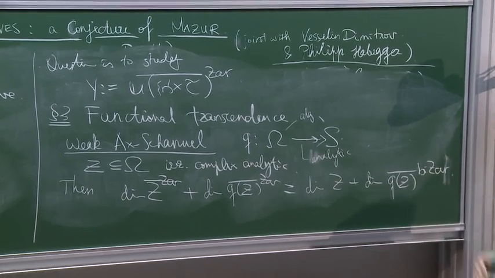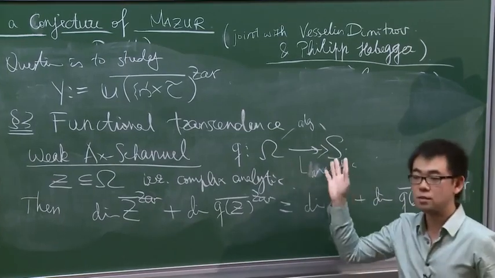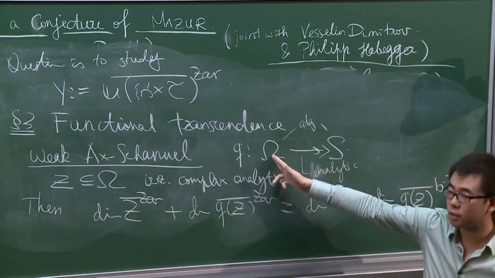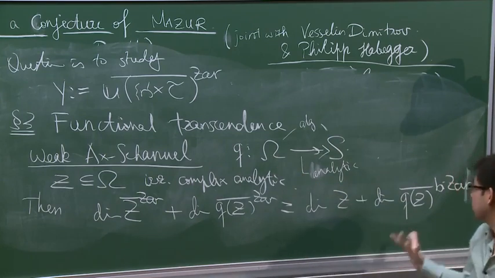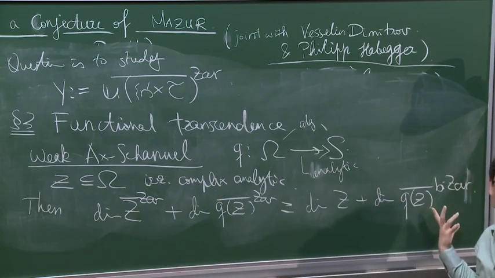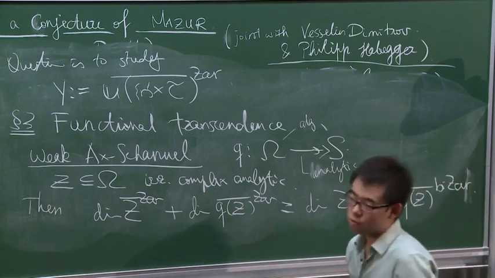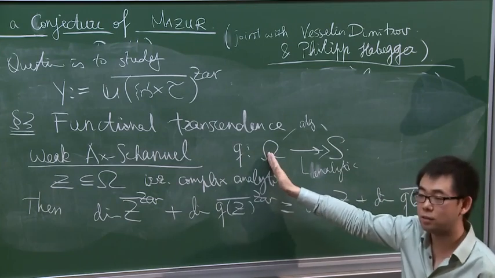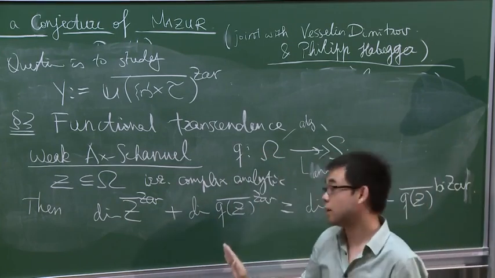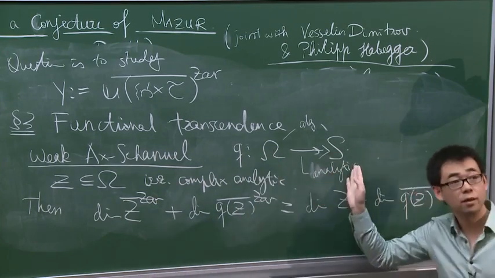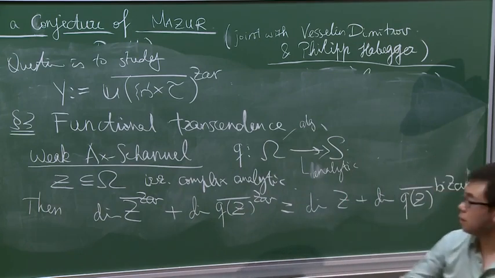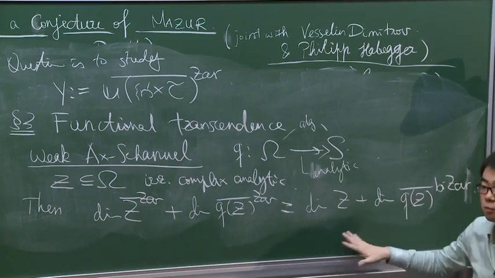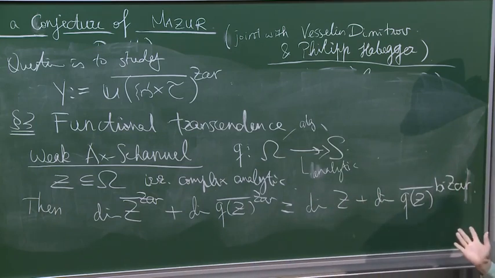Let me explain this term. We have a bialgebraic system here, and we say something is bialgebraic if it is algebraic here and here. So this is sort of the bialgebraic closure. Weak Ax-Schanuel says that this thing is an algebraic thing in omega, and QZ is an algebraic thing in S, and the dimension of their sum is at least the dimension of Z itself plus the QZ bar, the bialgebraic thing.